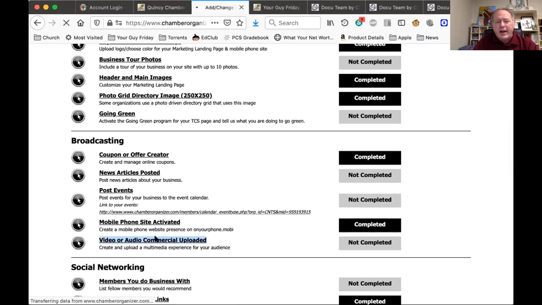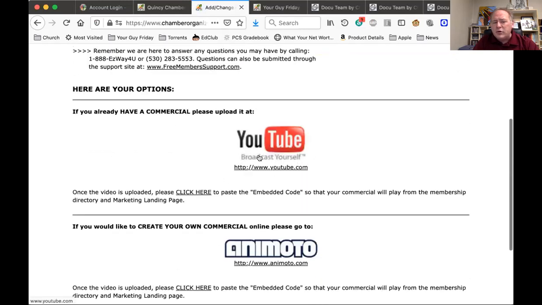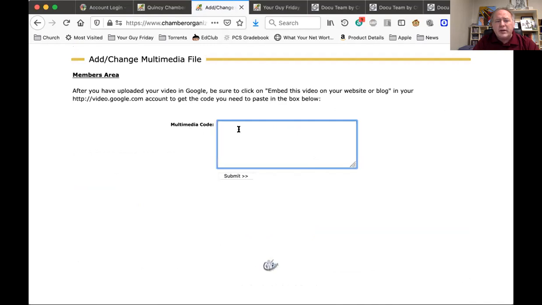When you click on that, it will allow you to just embed, whether it's from YouTube or Vimeo or any that has an embed code. You would just click here and put the embed code. It doesn't matter if it's from YouTube or Vimeo or Google. That's where you would embed it, and it'd be available.